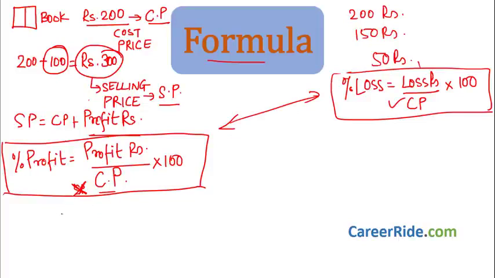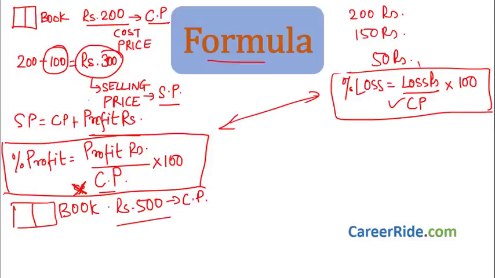For example, you have a book, right? And the price of the book is say rupees 500. You made this book, the cost price of the book is 500. Earlier we saw that we wanted rupees 100 as profit. If someone says that I want say 10% profit, I want to sell the book at such a price that I get 10% profit, then how to calculate at what rupees you should sell the book? It is very easy. Let us see.